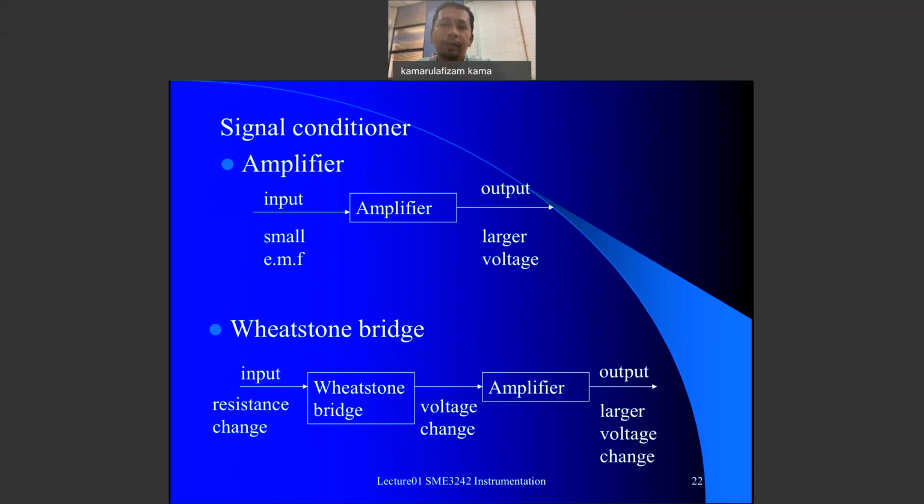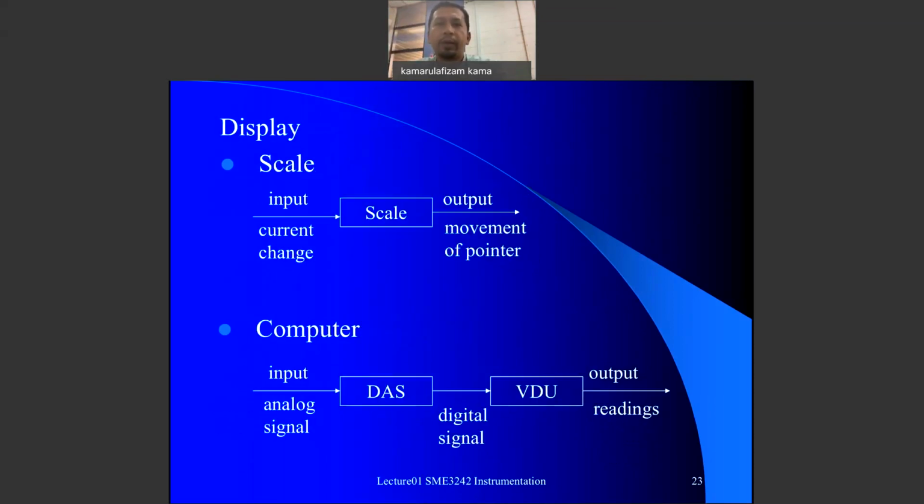Okay, if the sensor that I'm working with is giving out resistance changes, in terms of ohm, then I need to use a Wheatstone bridge so that I can convert the resistance change to a voltage change. After that, I can use an amplifier. If the voltage change is small, I can use an amplifier to make it bigger. Okay, so